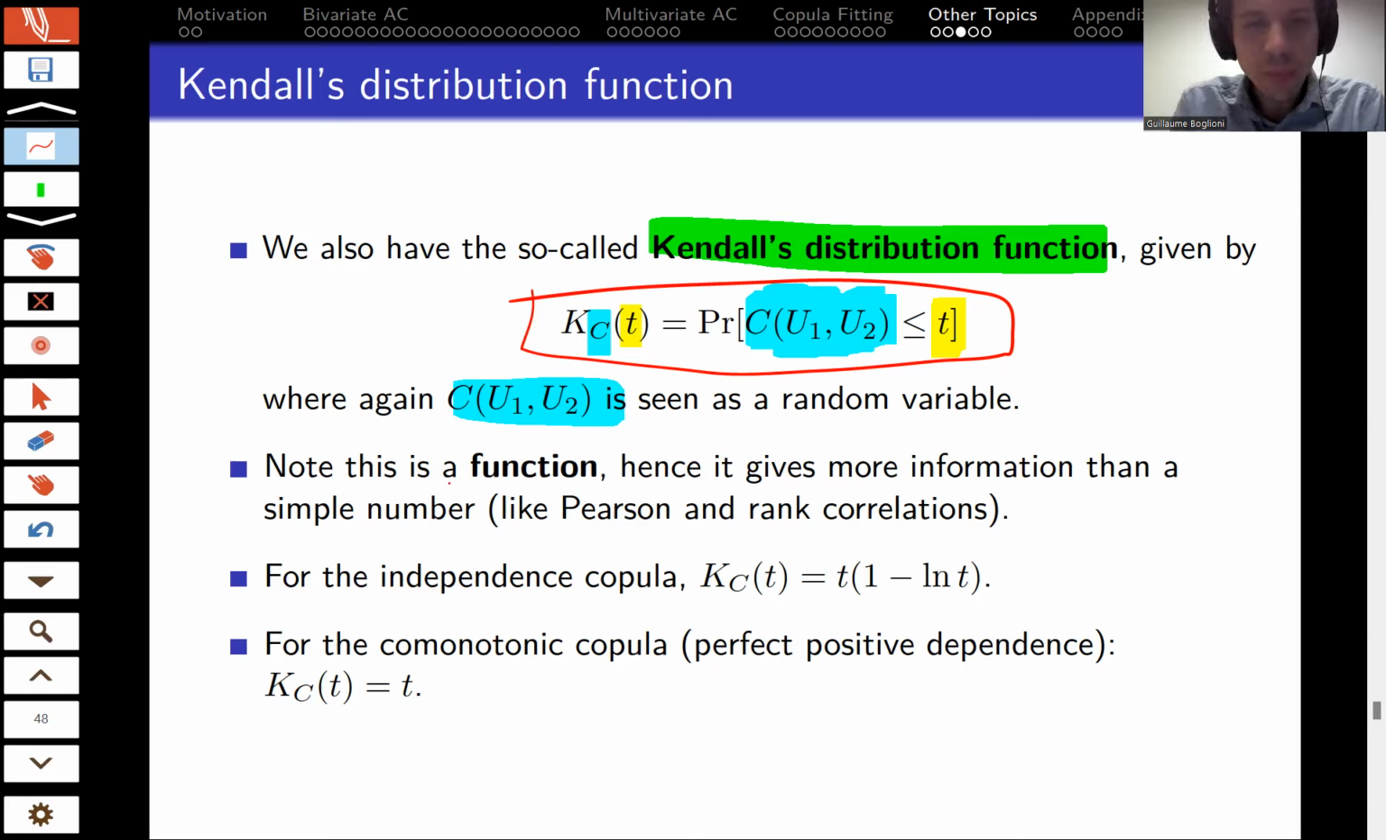But just here as a comment, this is a function of the argument t. Now, because C is between 0 and 1, it's a function for t between 0 and 1. And it depends on the copula. So different copulas will generate different functions here, given by this definition. So in a sense, because it's a function, it gives you more information about the dependence